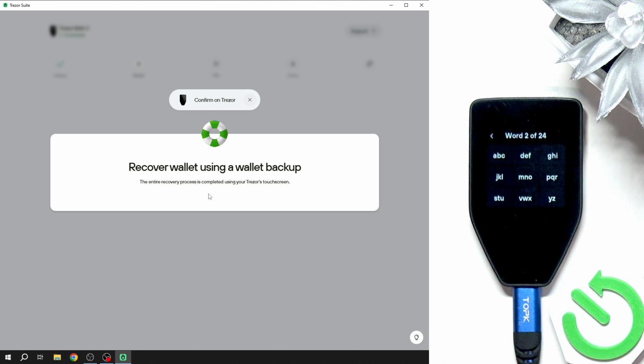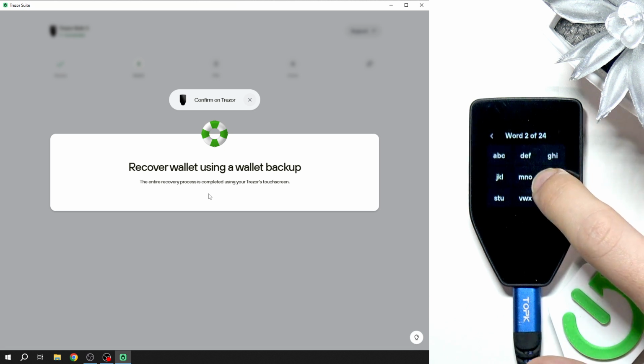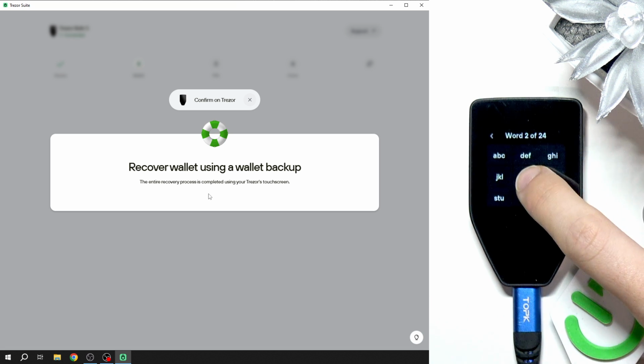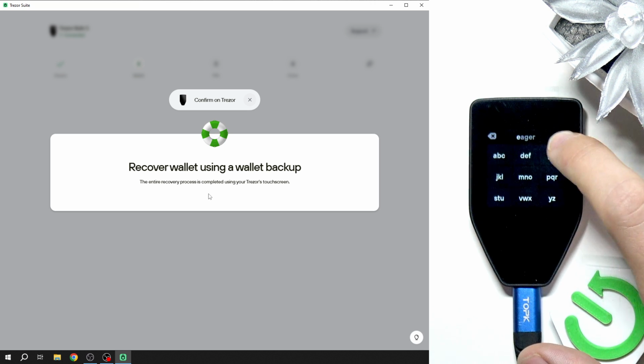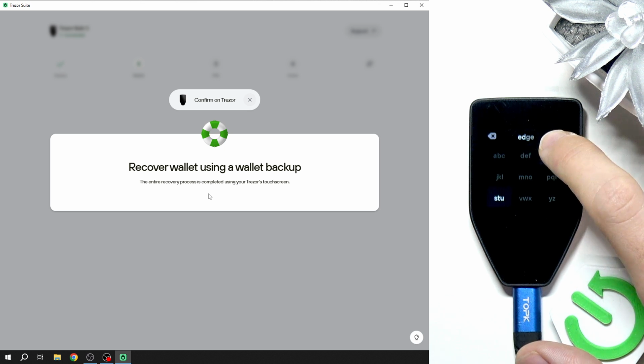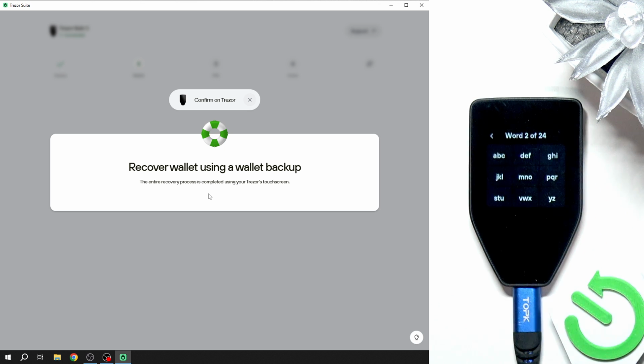Now the second word, and I'm not gonna show you the full one because it would be unsecure, but I'll just do another one. So if I want to type in foil, I'll need to first click on the second button 3 times. I failed. You need to do it quickly,